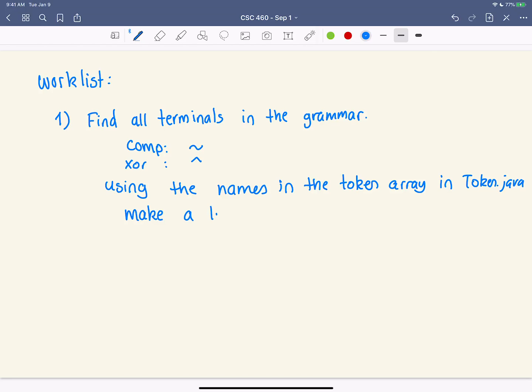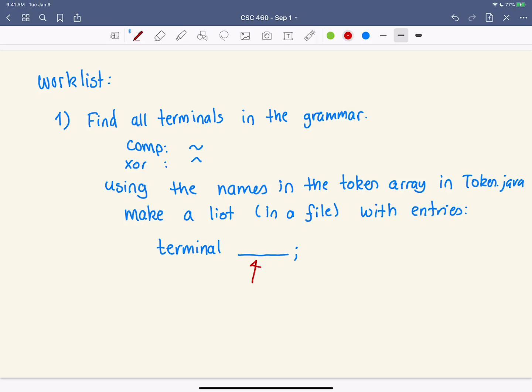Make a list. Probably do that in a file because we're going to need this later, with entries that look like terminal something semicolon.